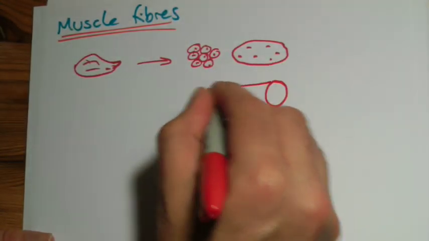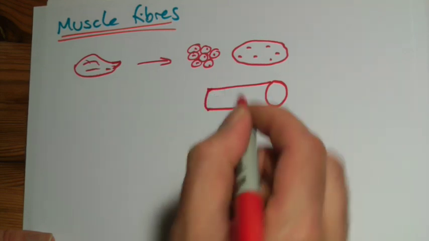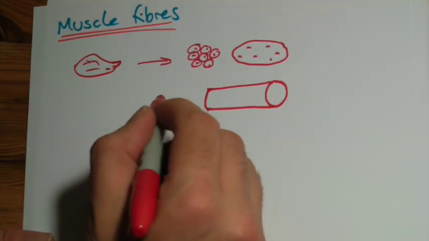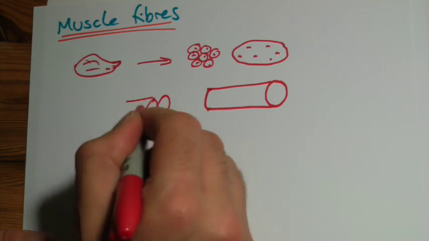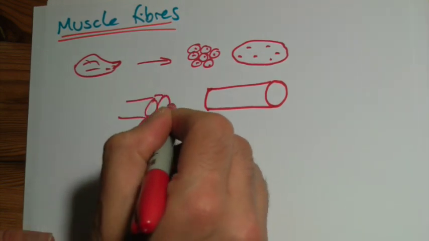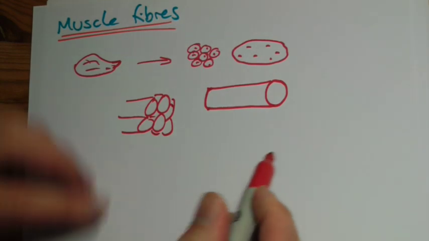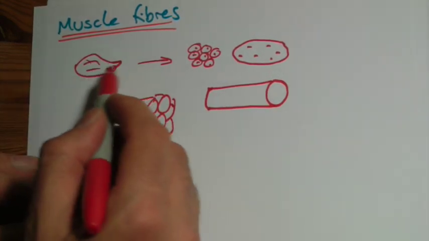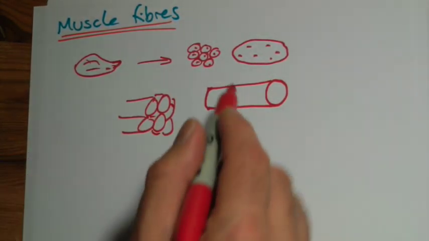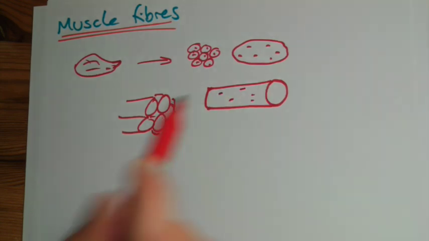So let's just redraw that out a little bit better. So if you had lots of these fibres together, like this, I can't really draw loads of them, but we get the idea. That's what a muscle is made up of, lots and lots of these fibres. So it would be multinucleate,